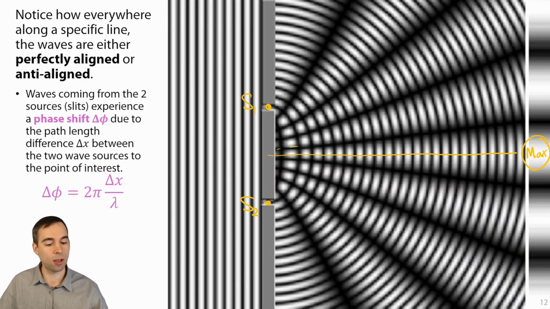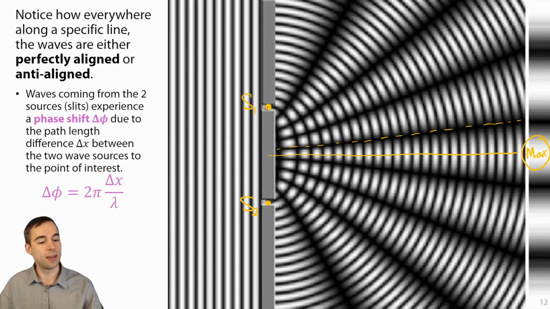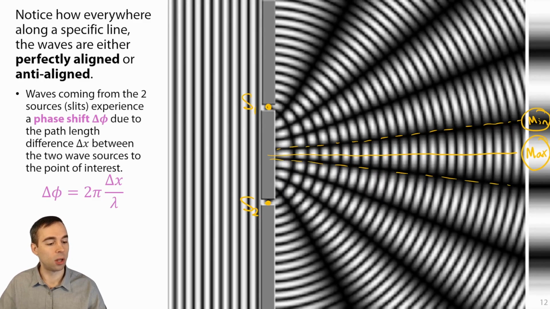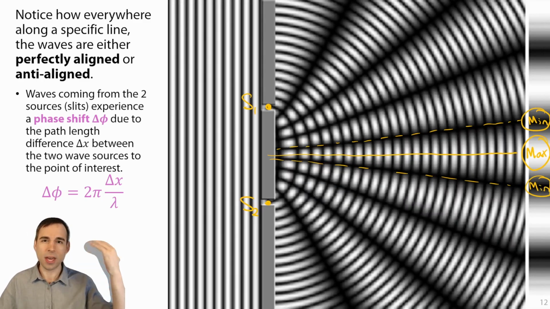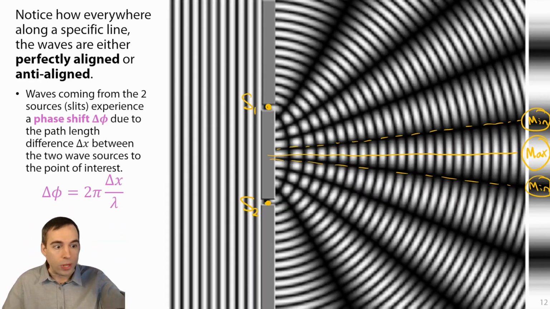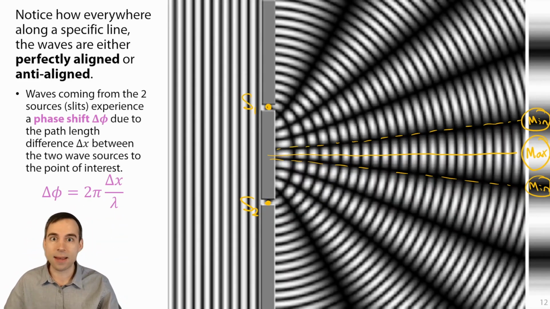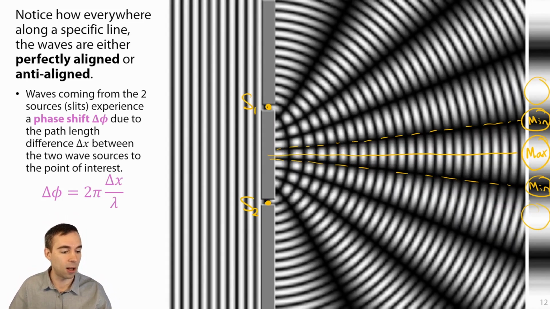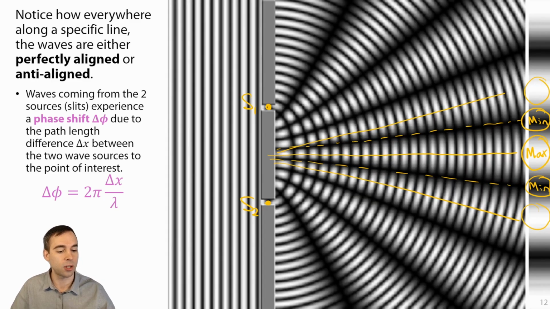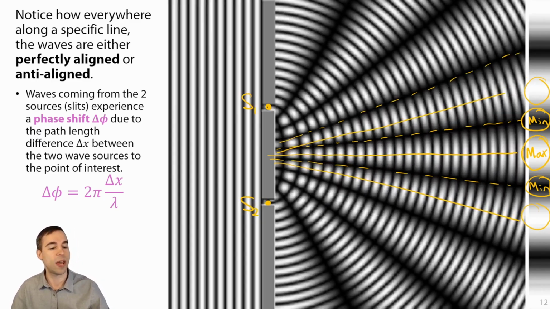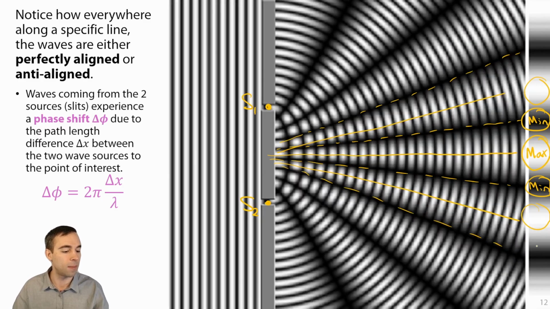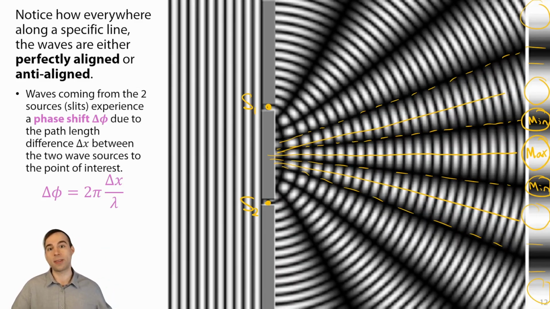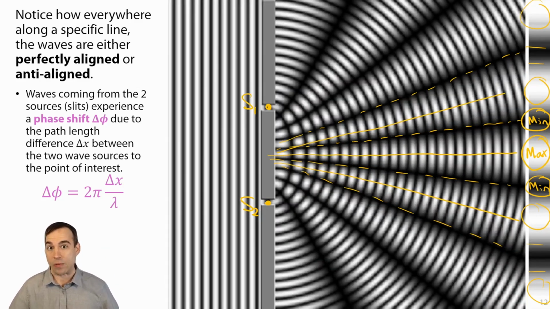And then everywhere along this dashed line, we are getting a minimum. And everywhere along this dashed line, it's symmetrical. There's a maximum in the middle that we get if we were to project this light onto some screen beyond the filter window. And then next to that middle maximum, there's going to be two dark spots, a minimum, and then we have a maximum again all along this solid line, and it's perfectly symmetrical. And then it just so happens, based on the geometry and wave-like nature of light, that we get another minimum, a dark spot right here, and then a bright spot. And so this interference pattern that you can project onto a screen is indicative of the wave-like nature of light,